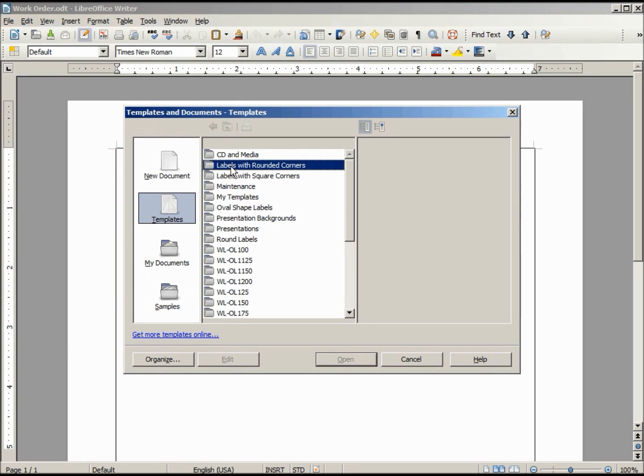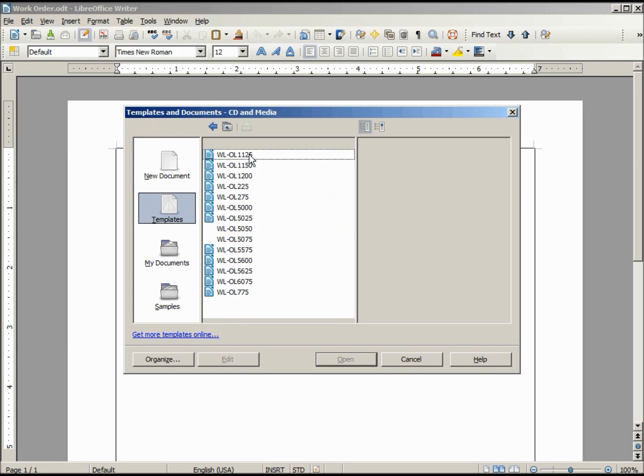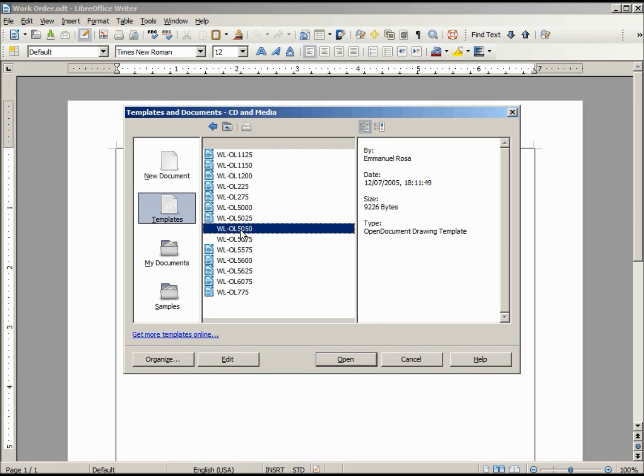Notice there's also labels with rounded corners, labels with square corners, oval-shaped labels, CD and media. If you've got some CDs and you want to create a label for it, you might have to check again what the World Label OL 1200 is, WL 5150. I believe this is a CD label.